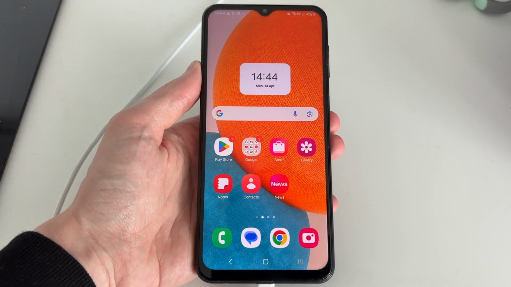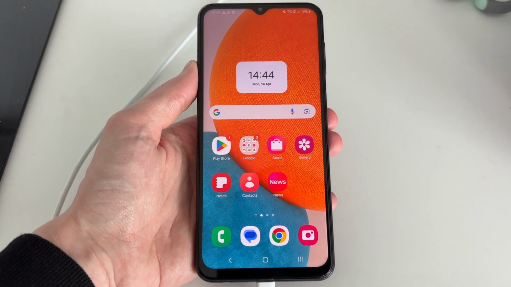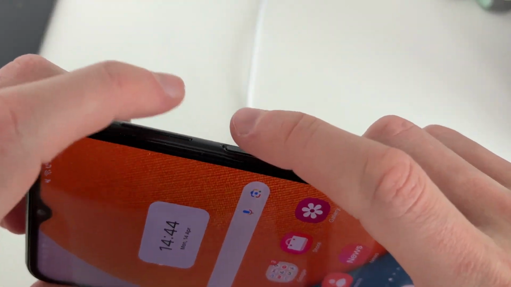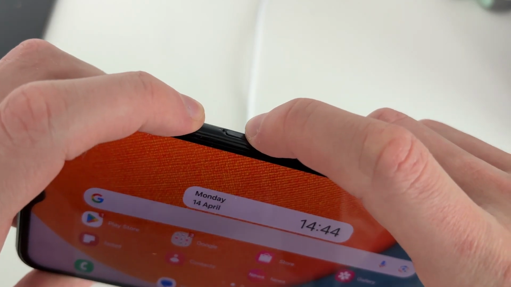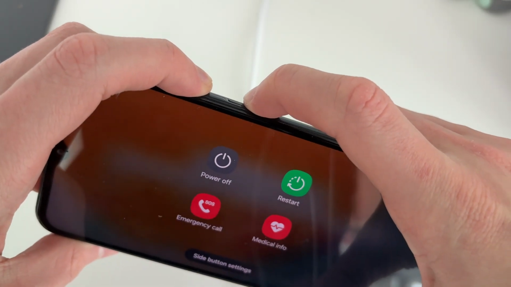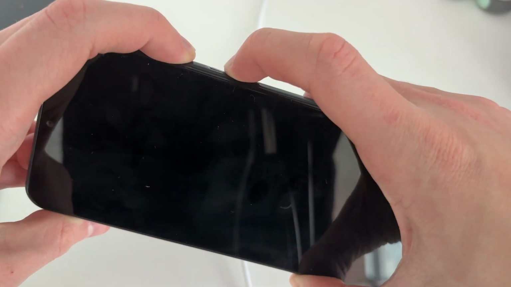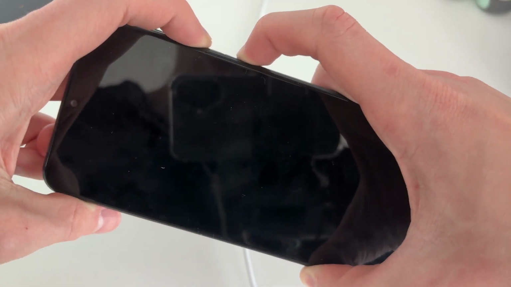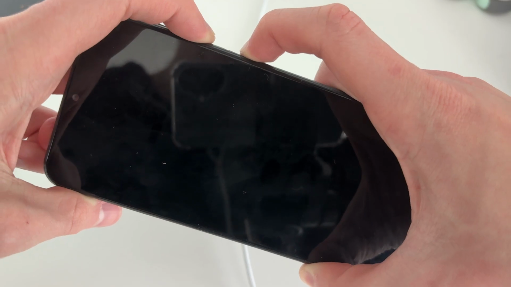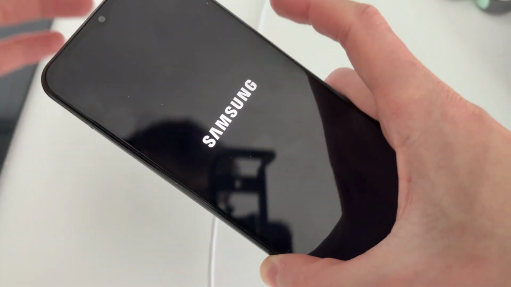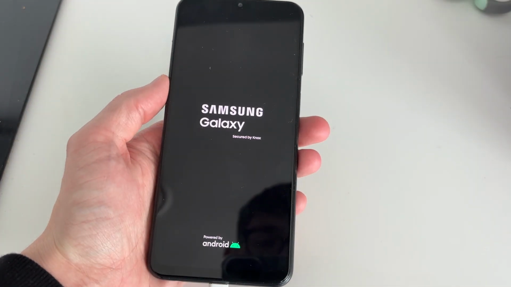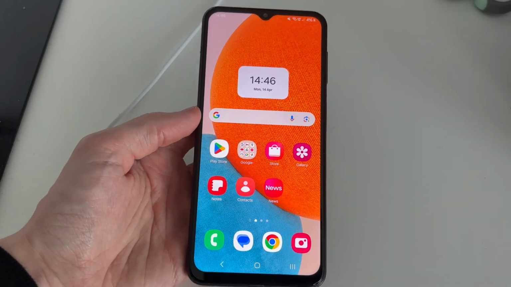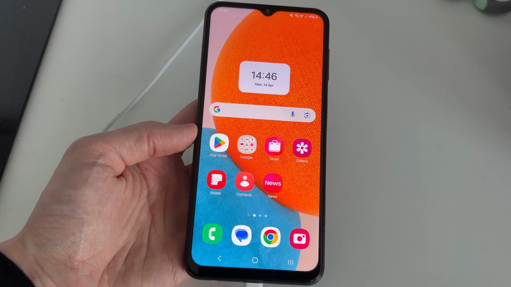Go and press wait if you want to, but it doesn't matter too much. What we're going to do is a forced restart. So you can come onto the side of your phone and find the volume down button and the power button, and you want to go and hold these down together like so. What you need to do is go and keep these held down. Shortly, your phone screen is going to go black, and you can go and keep them held down until you go and see the phone starting again, like this. And at that point, you can release and now wait. The phone should restart. When it starts, unlock your phone, and hopefully now the problem is solved and you can go and use your phone as normal.